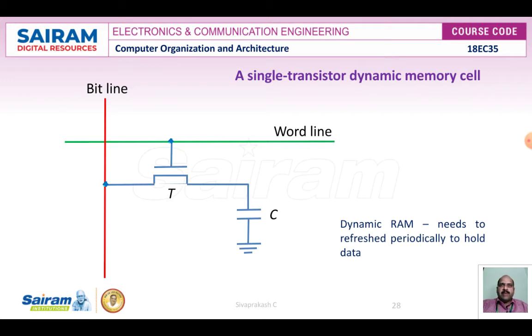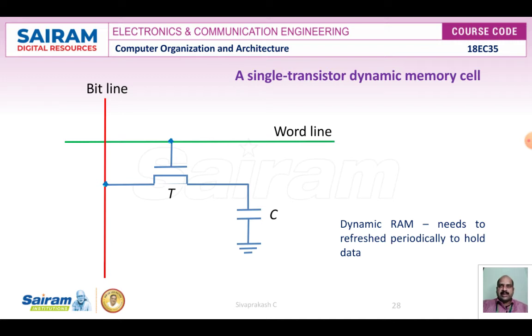If it is above the threshold value, the sense amplifier drives the bit line to a full voltage that represents logic value 1, recharging the capacitor to the full charge. If the sense amplifier detects that the charge on the capacitor is below the threshold value, it pulls the bit line to ground level, which ensures that the capacitor will have no charge, representing logic value 0. Thus, reading the content of the cell automatically refreshes its contents.